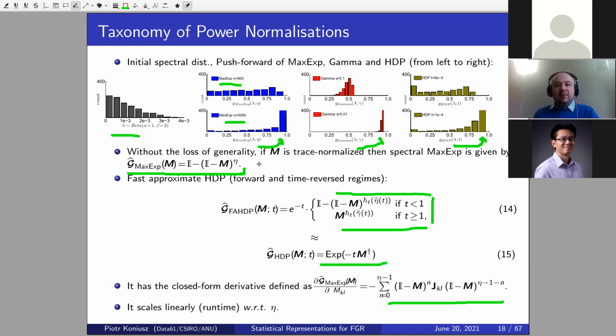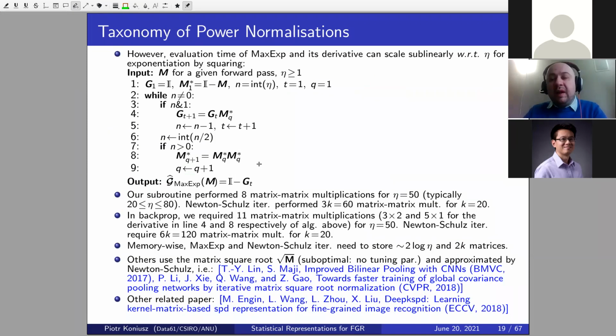What is even more interesting is that one can control the impact of this power normalization by parameter eta, and the complexity of this method essentially scales sublinearly with respect to parameter eta. And this can be achieved by